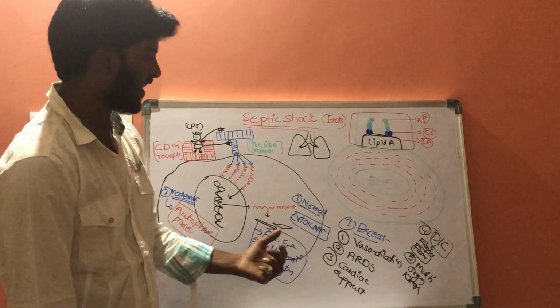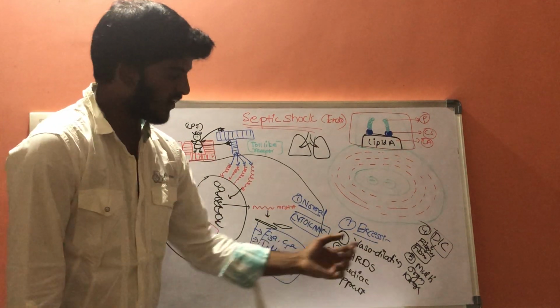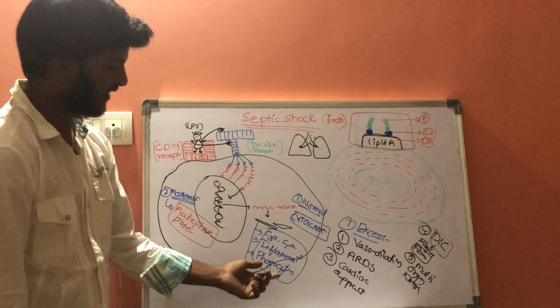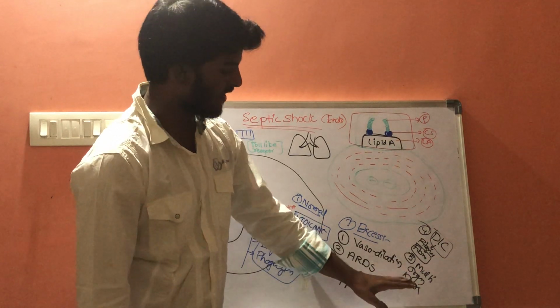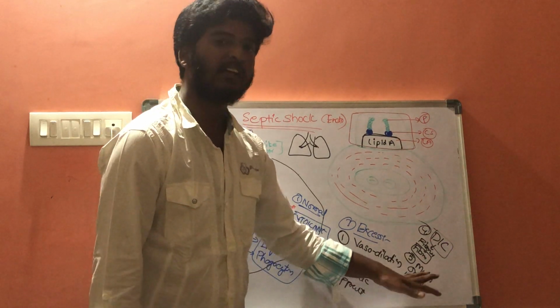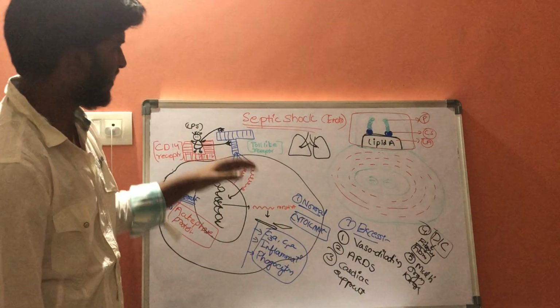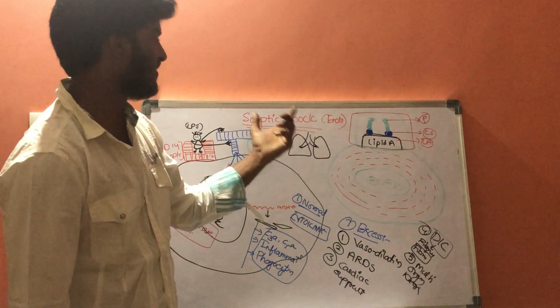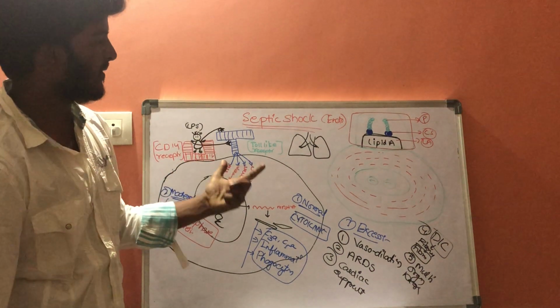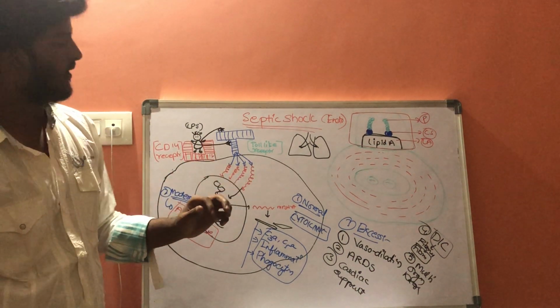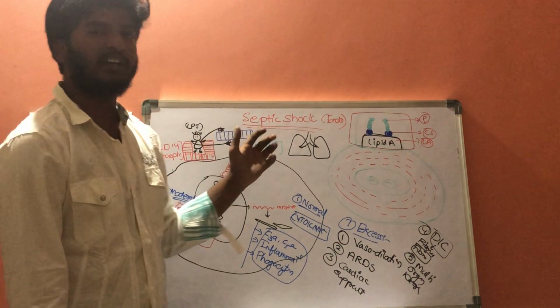How does the multi-organ damage take place? These cytokines will enter into the central nervous system and will damage the brain. Whenever the brain is damaged, it ultimately results in multi-organ damage. So these are the steps which take place in septic shock, and this is the result of septic shock. So we have completed the circulatory shock topic.